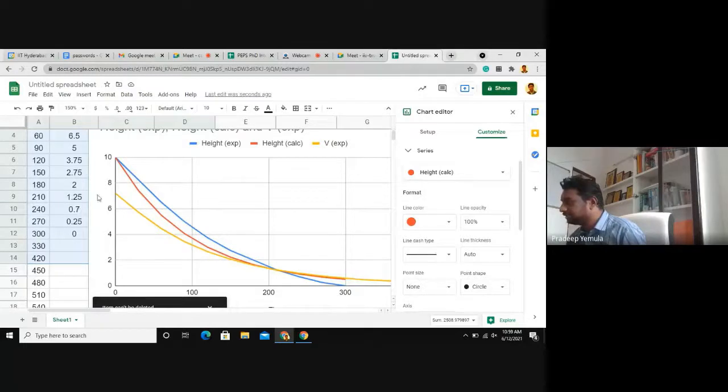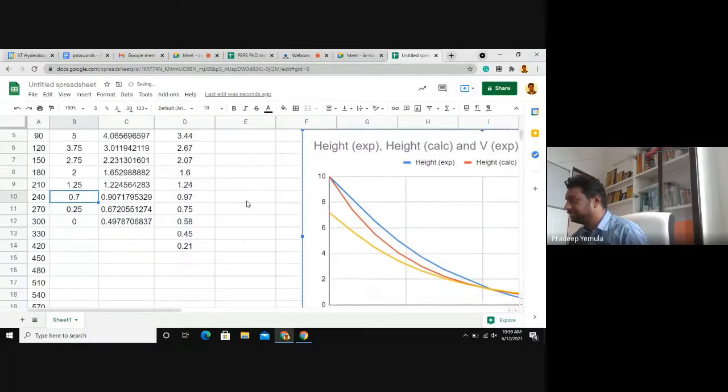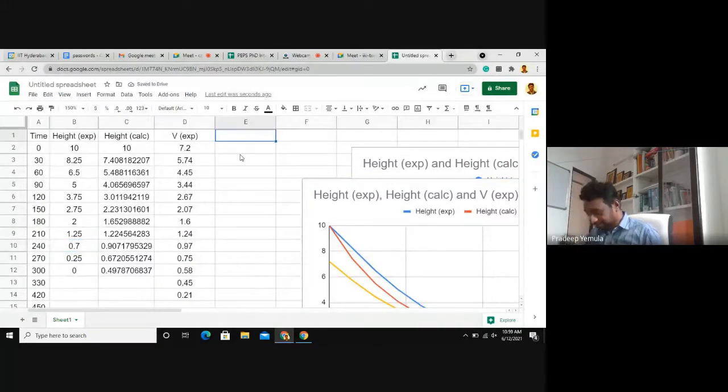Let's do one more column and we'll write our equation. So we already know what the equation is. So here we calculated. Here the RC time constant is also the same.